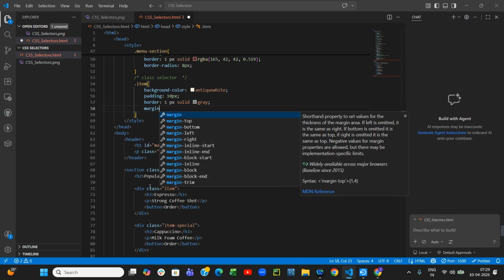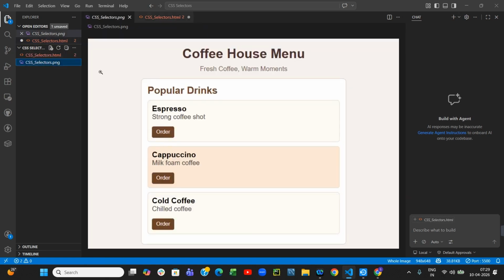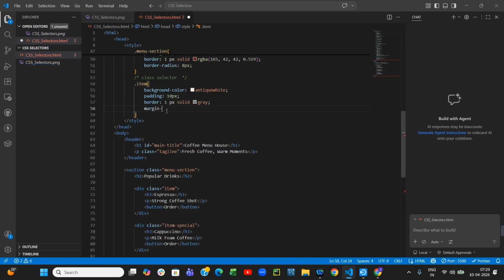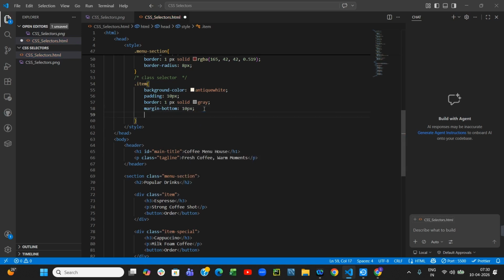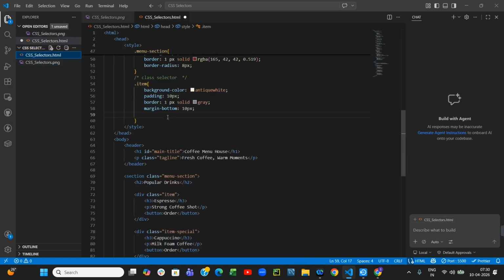For the entire item, there's a space in between here, so we want a margin at the bottom, the space that comes at the bottom. The margin bottom is 10 pixels, and the border radius as well. Since it is curvy here, even these boxes are curvy, so we are going to write border radius 6 pixels. And when we save it and run it,